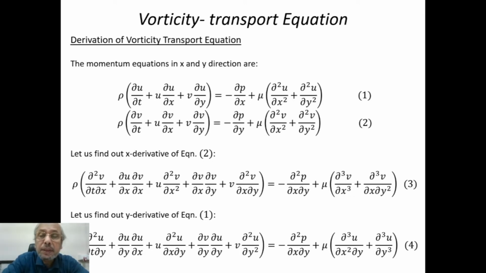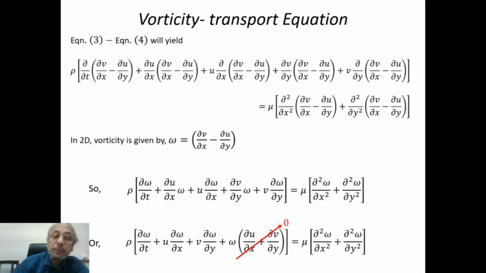Then we differentiate equation 1 with respect to y and we get equation 4. Next, we subtract equation 4 from equation 3 and then we can see a new term, del v del x minus del u del y, appearing in the governing equation